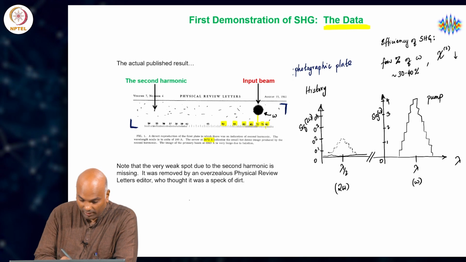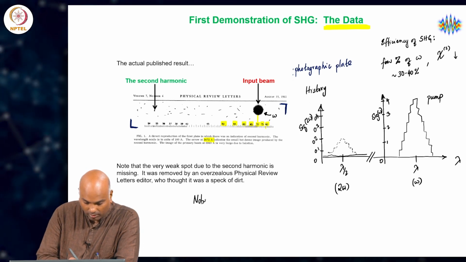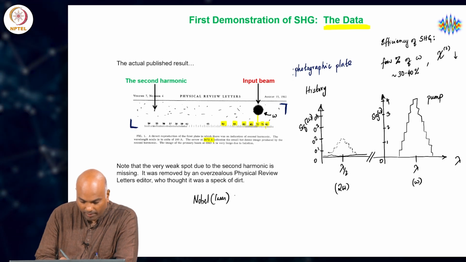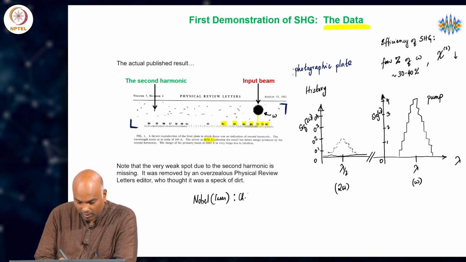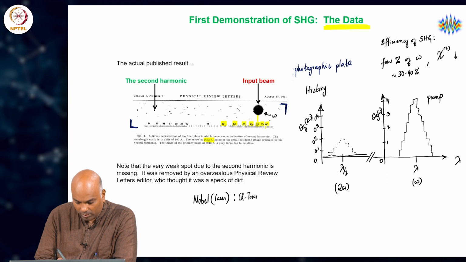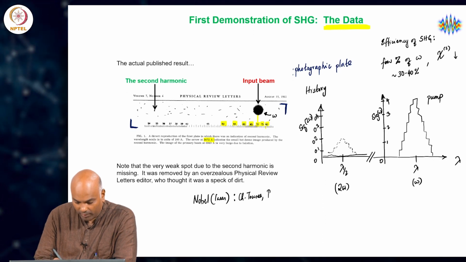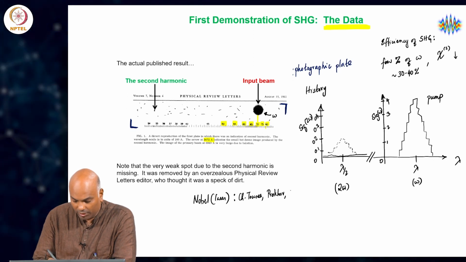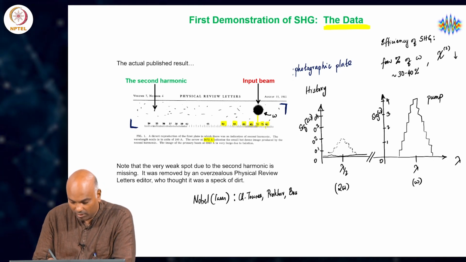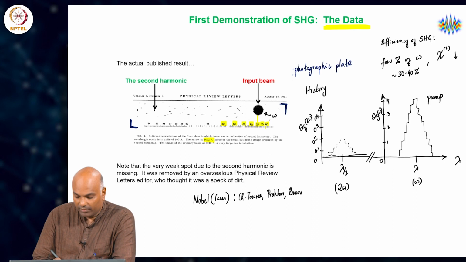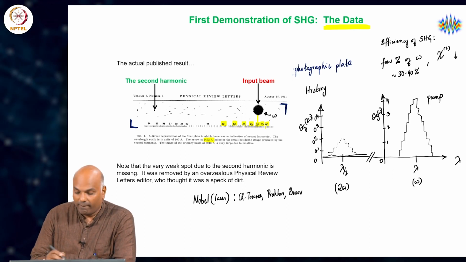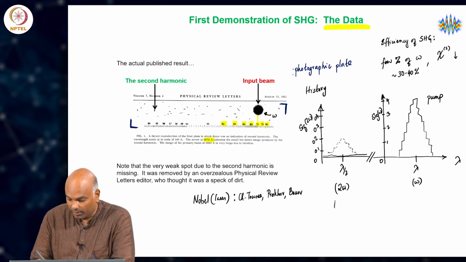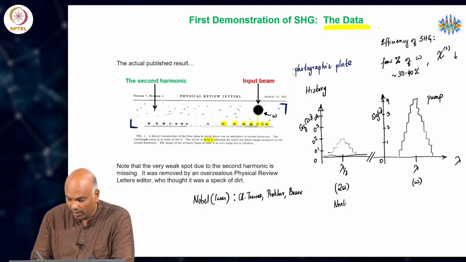So, Nobel for the laser, right, was given to Charles Townes and two Russian physicists, Prokhorov and Basov, but this opened up a whole field of nonlinear spectroscopy, which I alluded to yesterday,